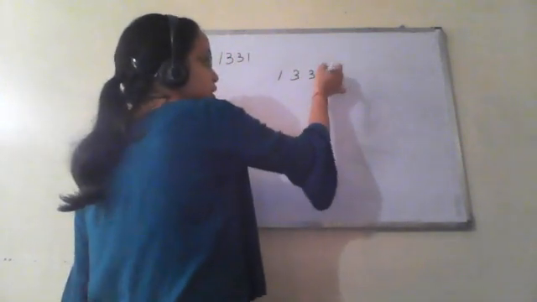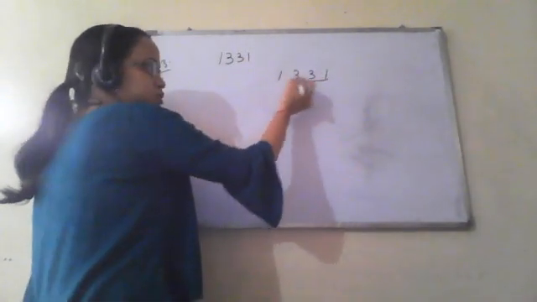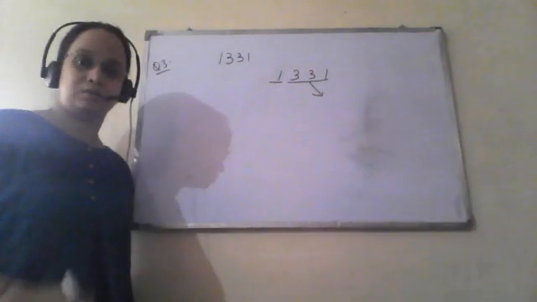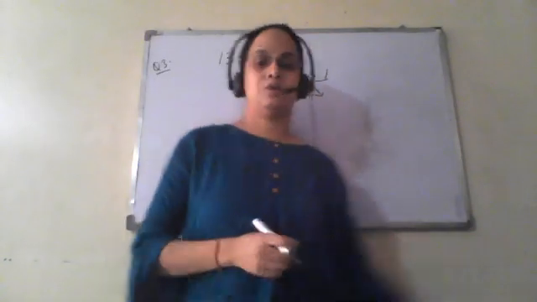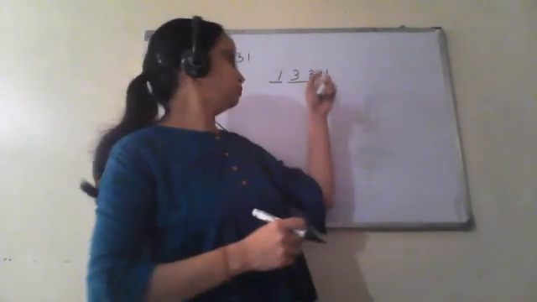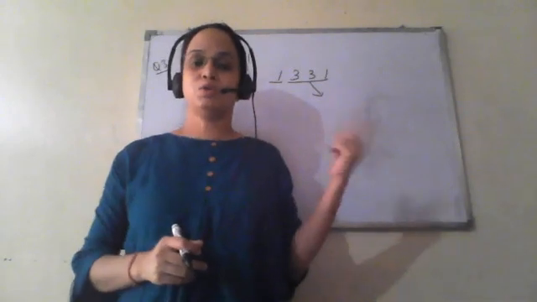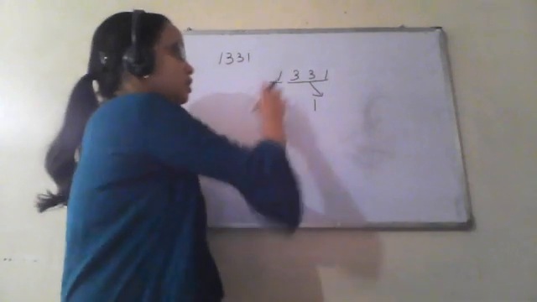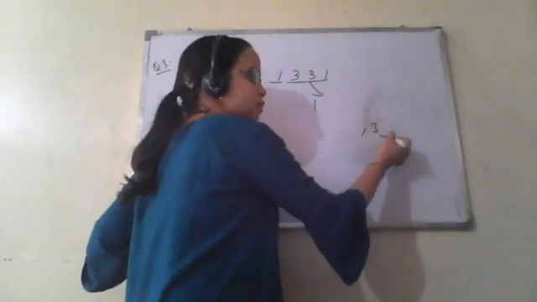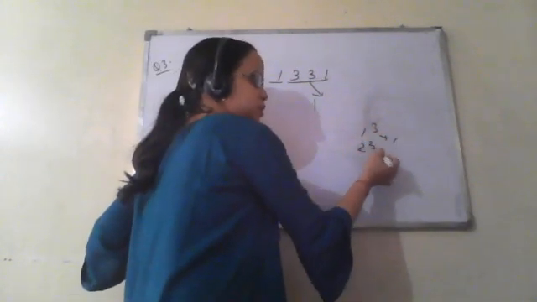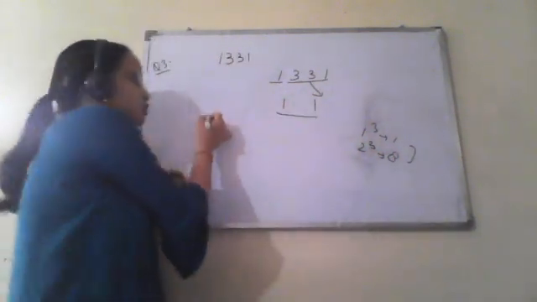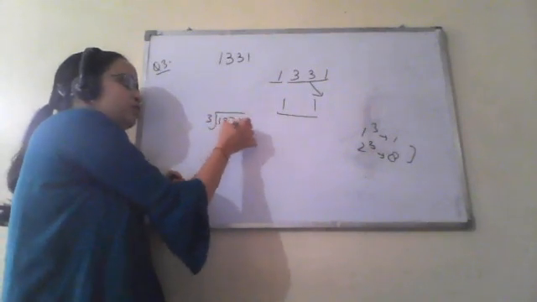We have to start pairing the digits from the unit digit in groups of 3. So this is one pair and this is one pair. Now this number is ending with 1. If a perfect cube is ending with 1, its cube root should have 1 at its unit place. So we will write 1 for that. Now the remaining part is 1. The cube of 1 is 1 and the cube of 2 is 8, so this one lies between 1 and 8, so we will write 1 for that. So the cube root of 1331 will be 11.